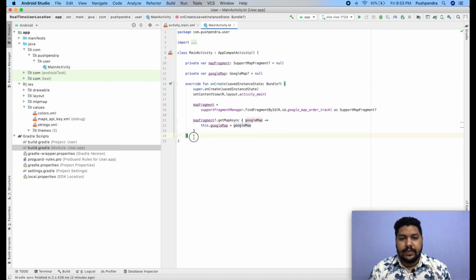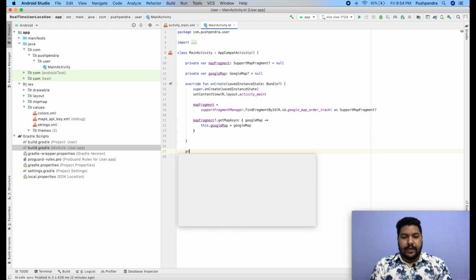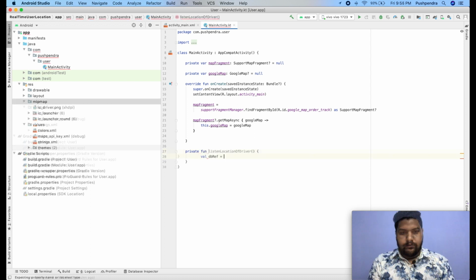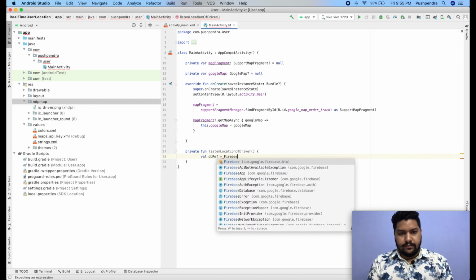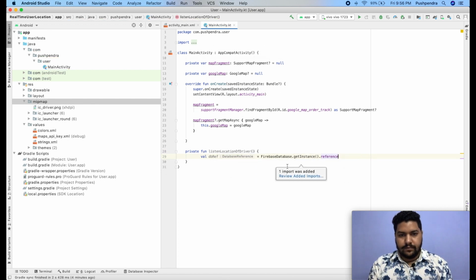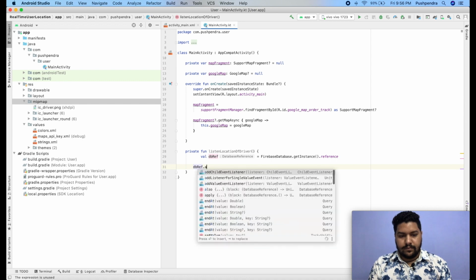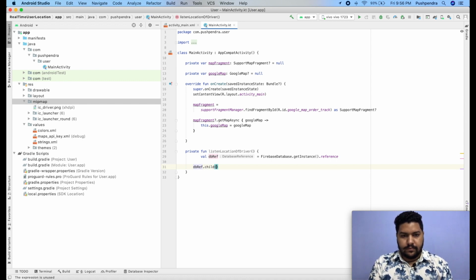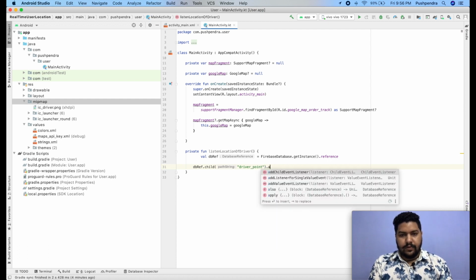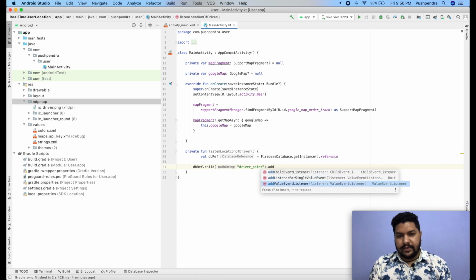Now we have to listen to the data. So how can we listen? First, we already integrated Firebase. Now private function, driverPoint dot addValueEventListener.